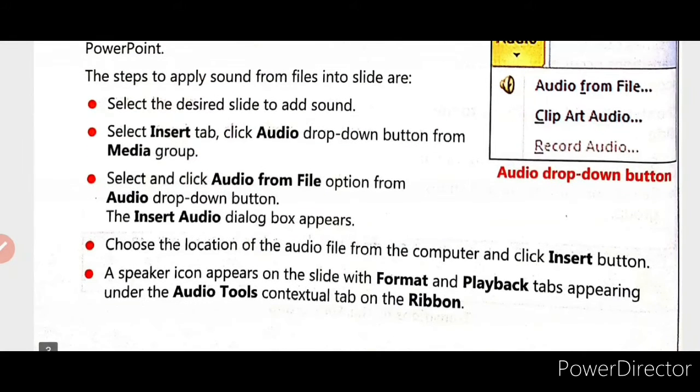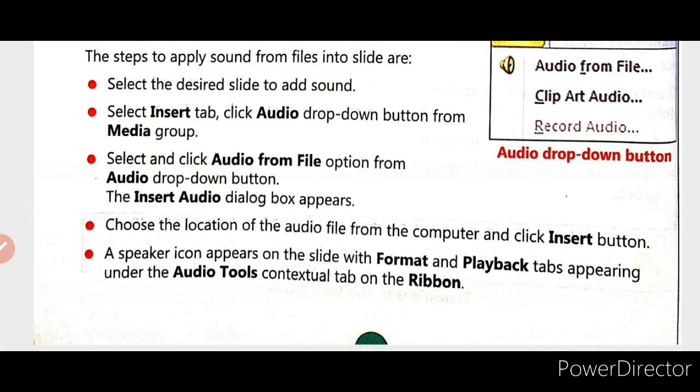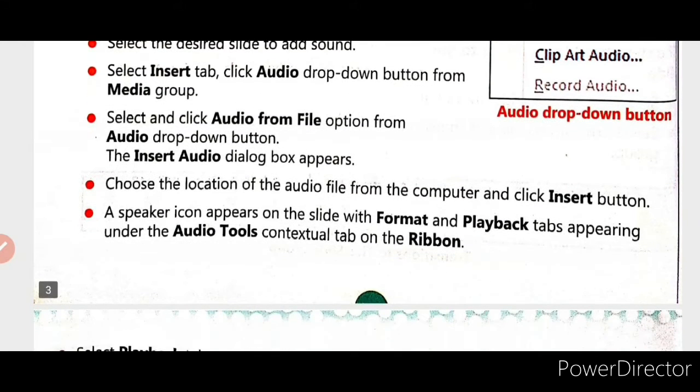So what are the steps? Let's see. Select the desired slide to add sound. What is the first step? You need to select the slide in which you would like to add the sound. Then select insert tab. Click audio drop down button from media group. Select and click audio from file option from audio drop down button. The insert audio dialog box appears.